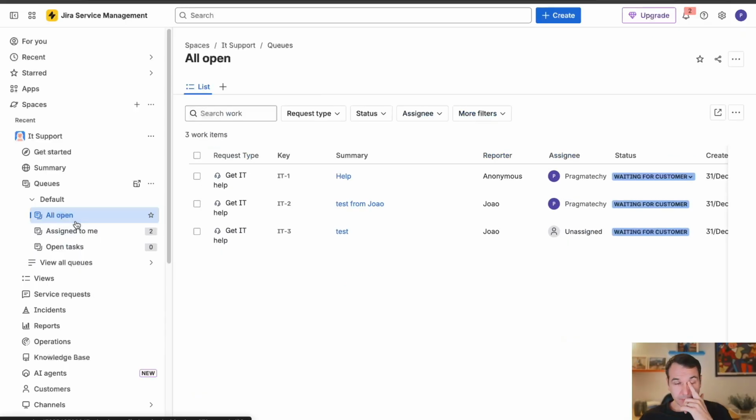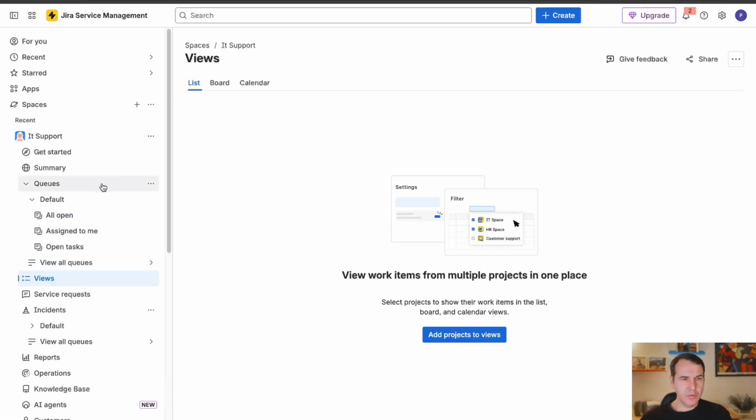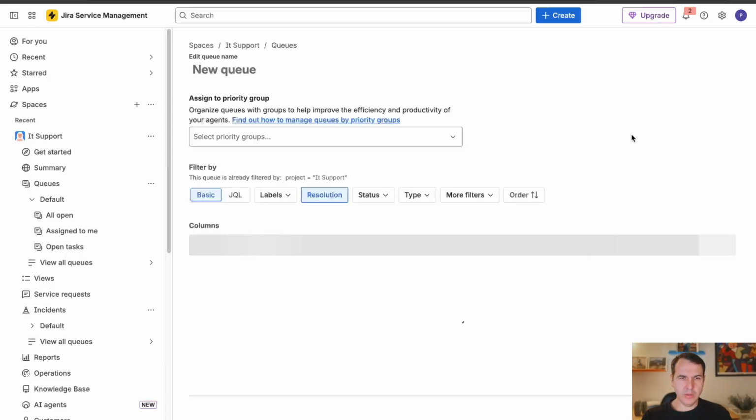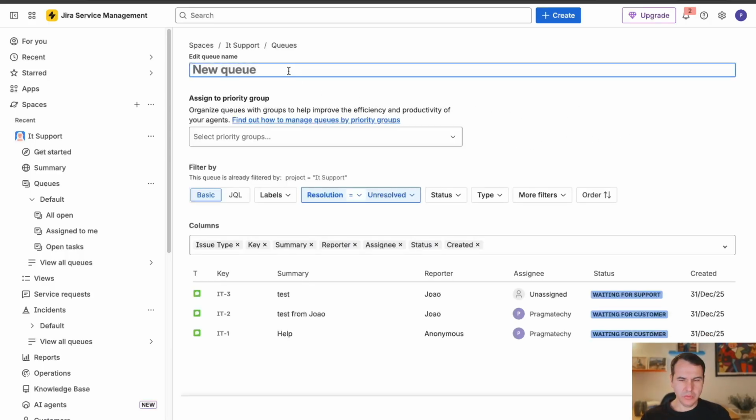So here we are. We have these 3 queues here by default. As you can see, 2 of my tickets are waiting for customer, so there's nothing I can do there. There's one waiting for support, which would be nice if we could separate that. Let's go under queues, 3 dots here. Let's go under queue settings, and we are going to create a new queue. We're going to call this queue